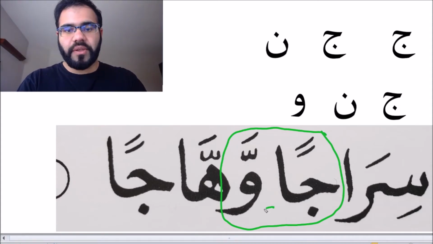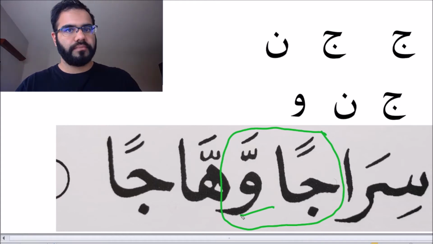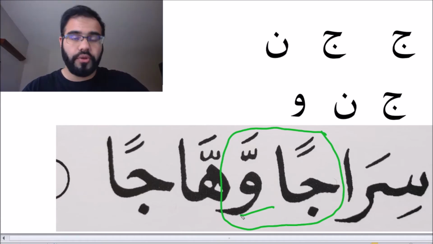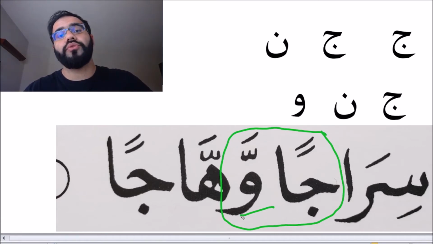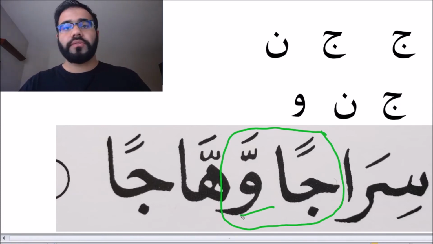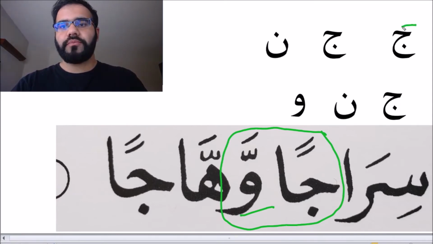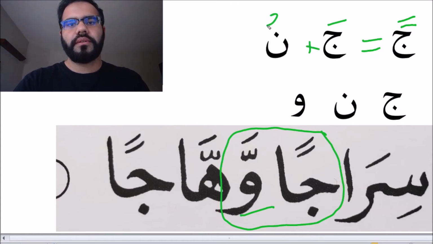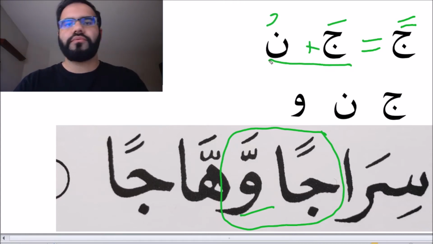Instead, this time we have a wow with a shadda. And that leads to the next rule, that if you have a wow with a shadda that comes after a tanween or a noon sakin, you would do that idgham sound on the wow as well. So let's go ahead and give it a shot. Here's my jim, right? The two fathas, my fathatain. If you break down jim, fathatain, it's basically jim with a fatha and then a noon sakin. Again, all I'm doing is I'm just copying it down here, the same bit.